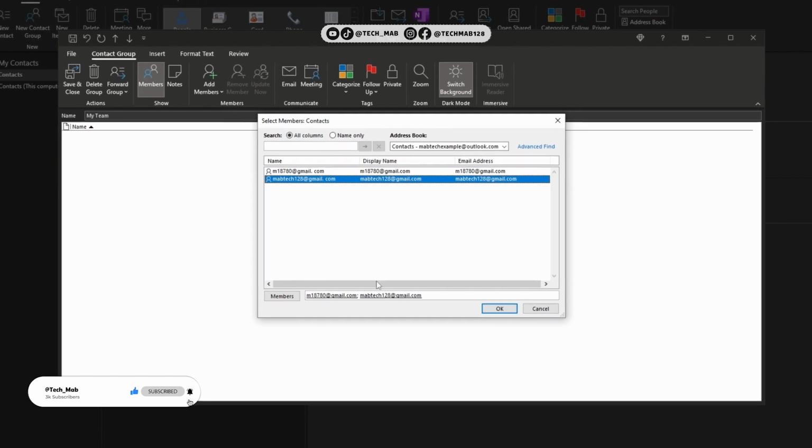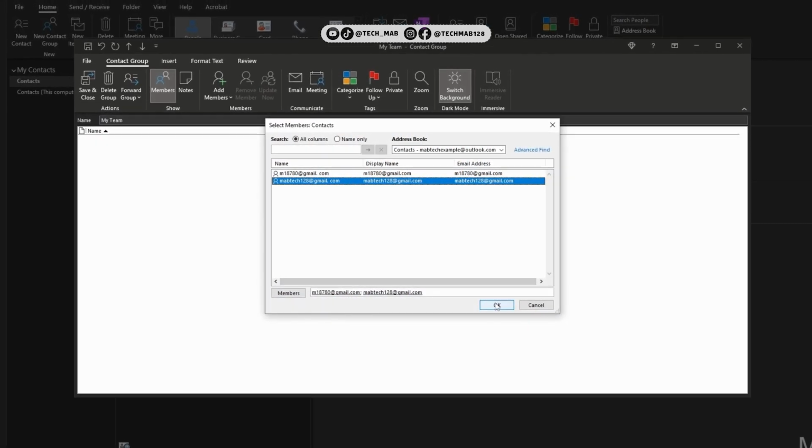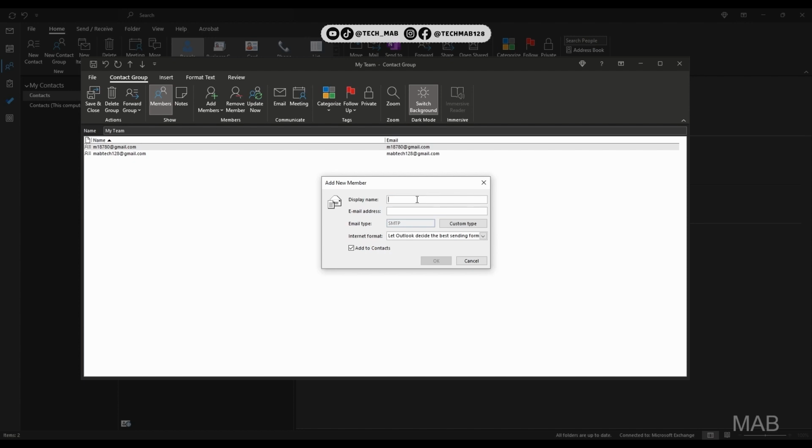So what you do is, let's say I pressed on these two emails and it will add them as members to this contact group. Then I'll press OK. It added them here. Let's say I want to add a new contact that I don't have saved on my device. So I'll go with, let's say,